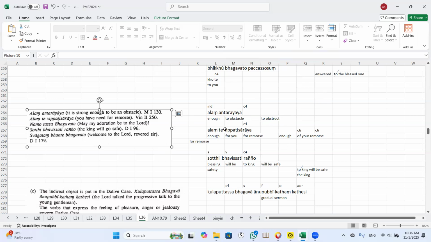So in this case, can you see the word te is also a dative case? And this is also a dative case. This is "enough for you for remorse." You see, there is "for" and "for." In English, this is awkward. So it's like "enough of your remorses." So instead of "for," it's "of." These two become yours already, and when it becomes yours,